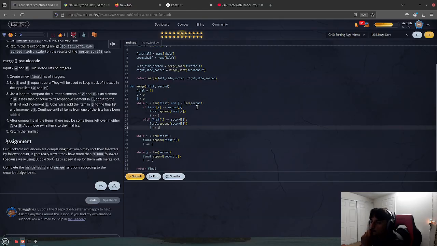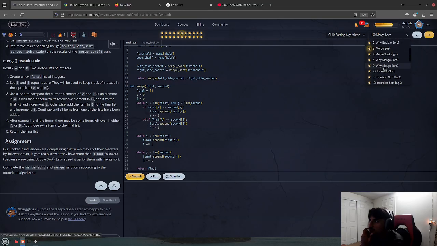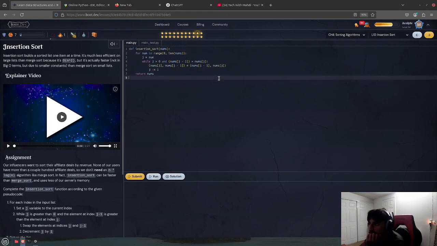Confused right here. First append the first I plus 1. Okay. Alright, I think I understand this. And then merge sort and then insertion sort is when